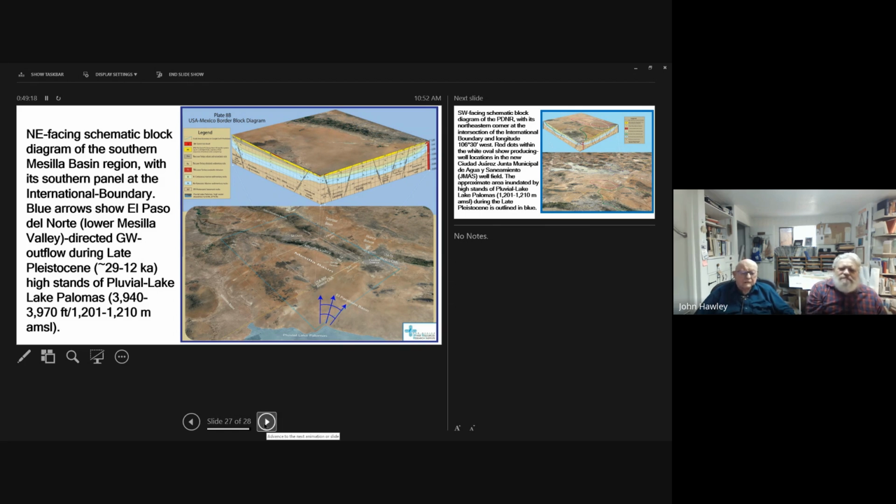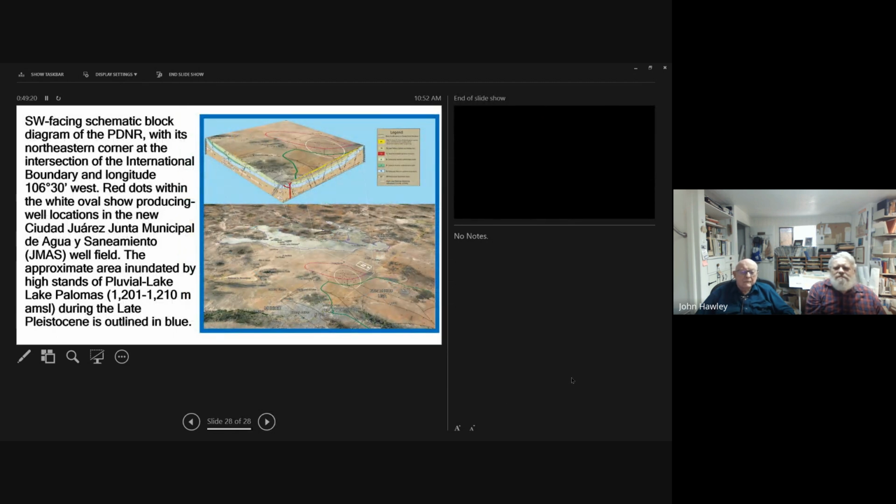And then the last slide is we're sitting now at Paso del Norte. Here in the cross section, we're seeing the Cristo Rey intrusion. We're seeing pluvial Lake Palomas over here. We're seeing the large Junta de Agua well field, JMAS well field here that's pumping.